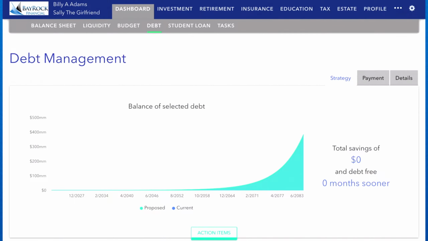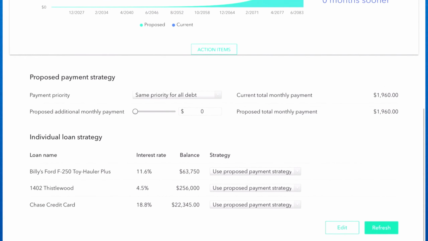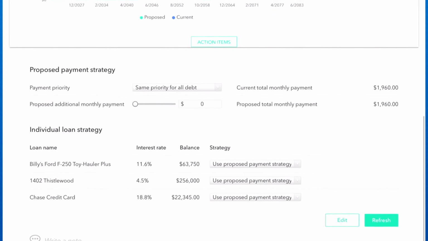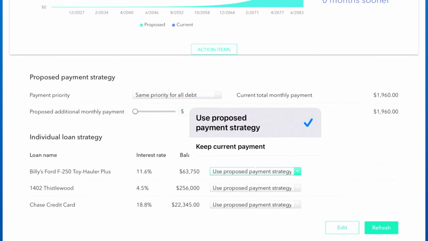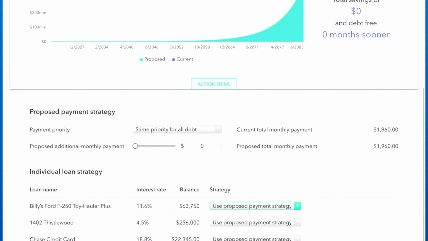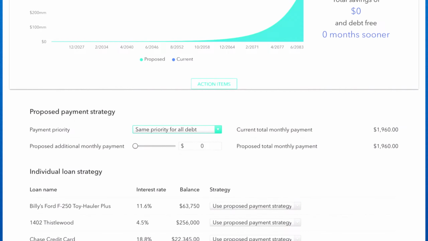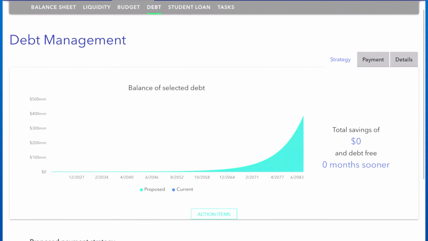We're going to do that by clicking on this little action items, and that's where we will get these strategies. So you see when I click on the action items, each of these loans are listed below that, and we have an opportunity to select a strategy for each one, or, which is what I'm going to do, not each one, but I'm just going to select this one strategy that prioritizes payments. It's the fastest, easiest way for you to see what's going to happen when we change the strategy. But I'll come back to that in just a minute.